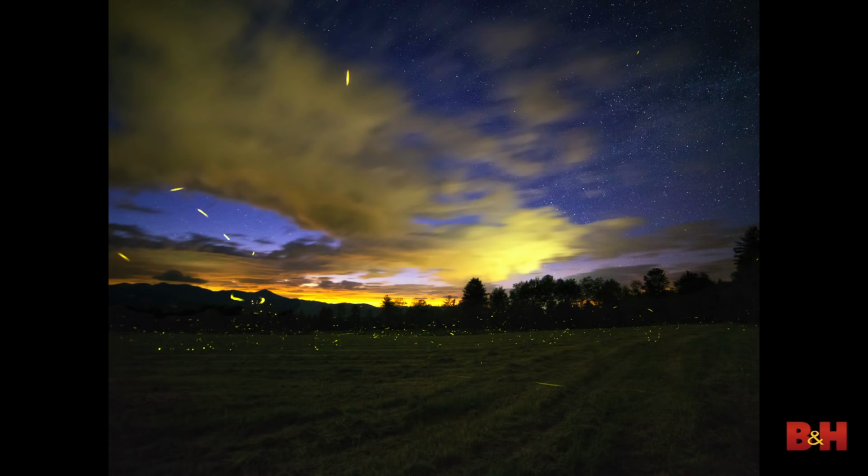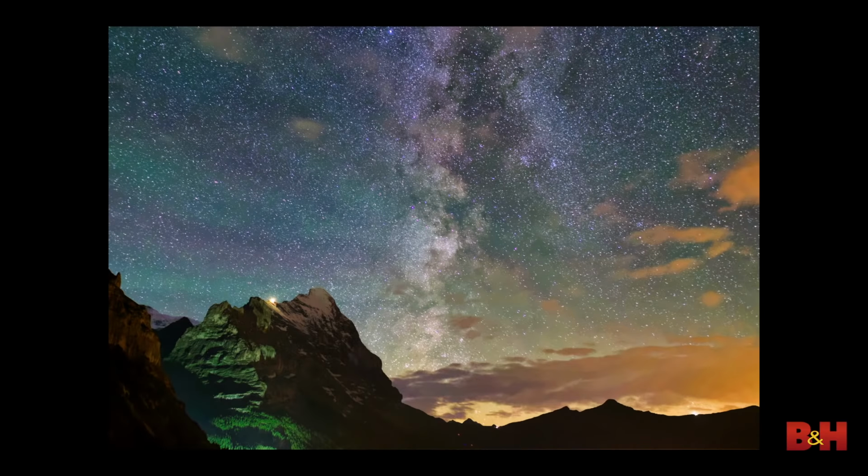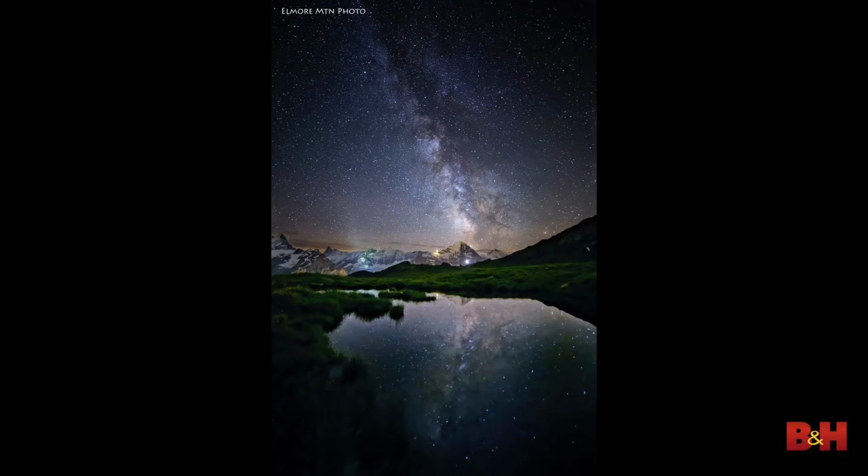Fireflies, multiple exposures stacked on top of each other. Again, Montreal, lighting up the background. Being able to focus your foreground and your background. All this crazy color in here is air glow. I mean, reflections and